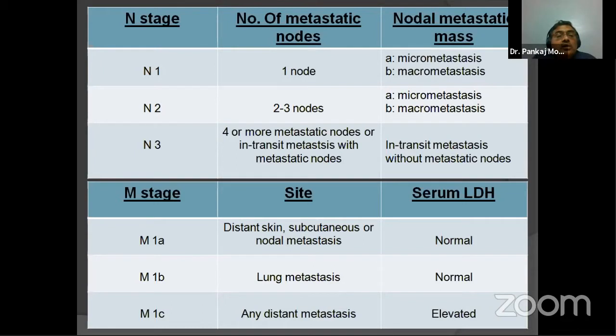No, sorry. What is in transit metastasis, Priya? Sir, in transit metastasis is when there are intermediate lesions present between the main lesion and the primary lymph node, in between the sentinel lymph node, which can be seen along the lymphatic spread of the lesion. So basically in transit metastasis is any tumor which is beyond 2 centimeters from the primary tumor, but which is not in the vicinity of a regional node, and it is an intralymphatic metastasis. So that is called an in transit metastasis.